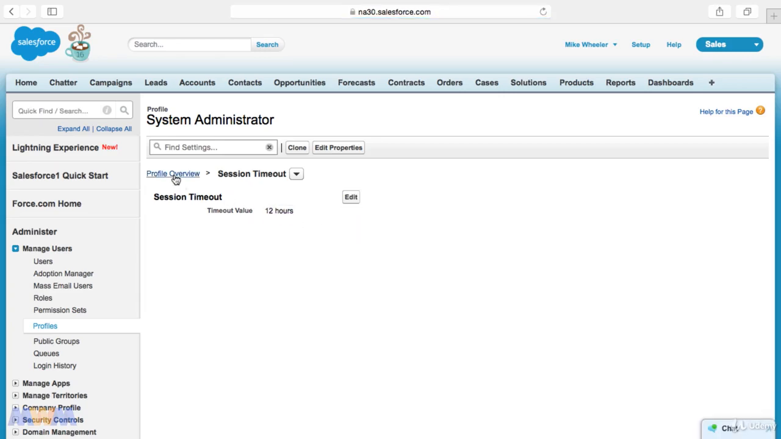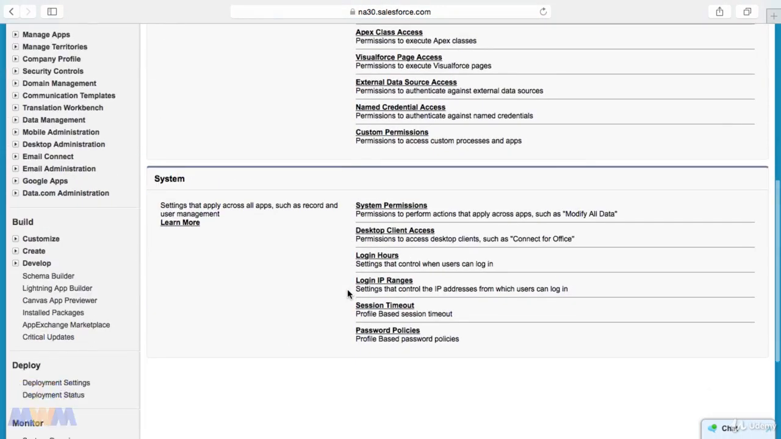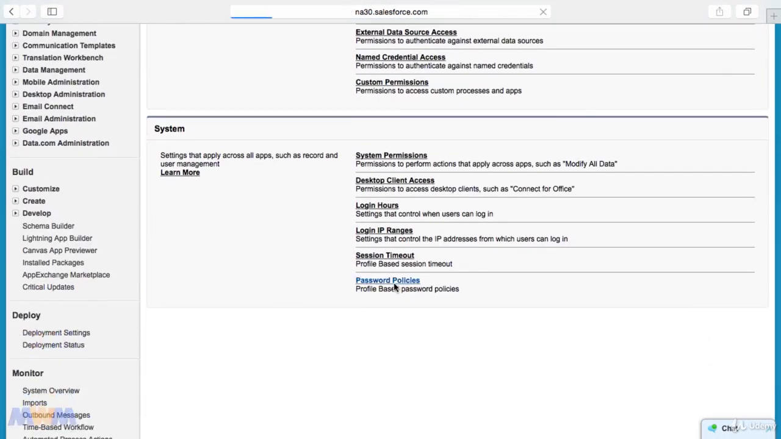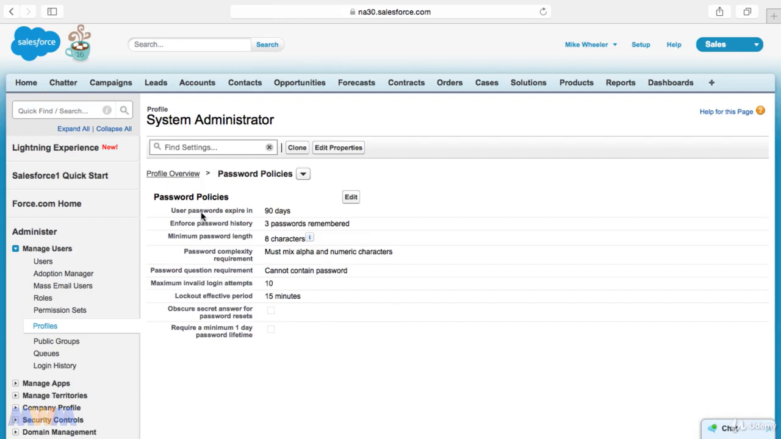So now going back to the profile overview, we have password policies. And here's where you can set how frequently the passwords expire for a profile, and then as well the password history, as far as how many previous passwords are remembered so that they can't reuse a previous password, the minimum length, the password complexity requirement, and even the password question requirement that it cannot contain the password itself. Then also the maximum invalid login attempts, and this would be before someone's locked out,